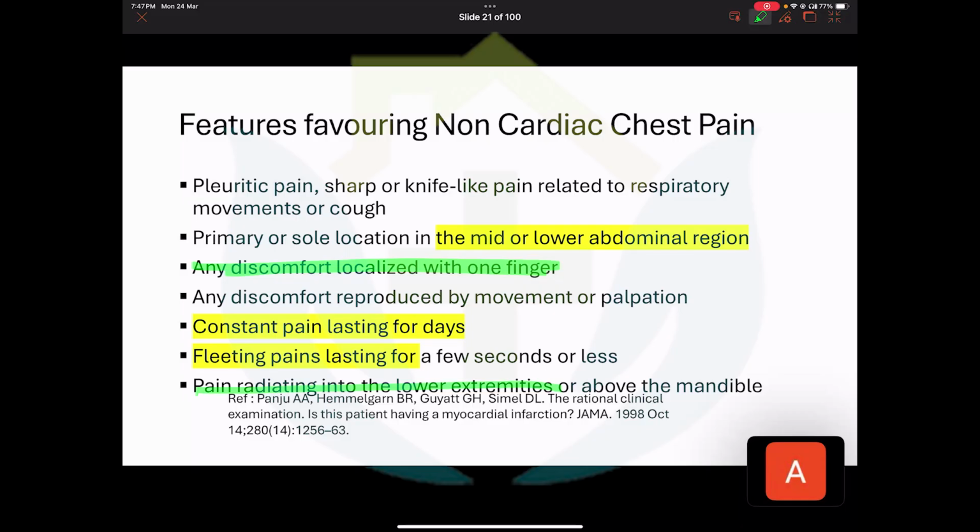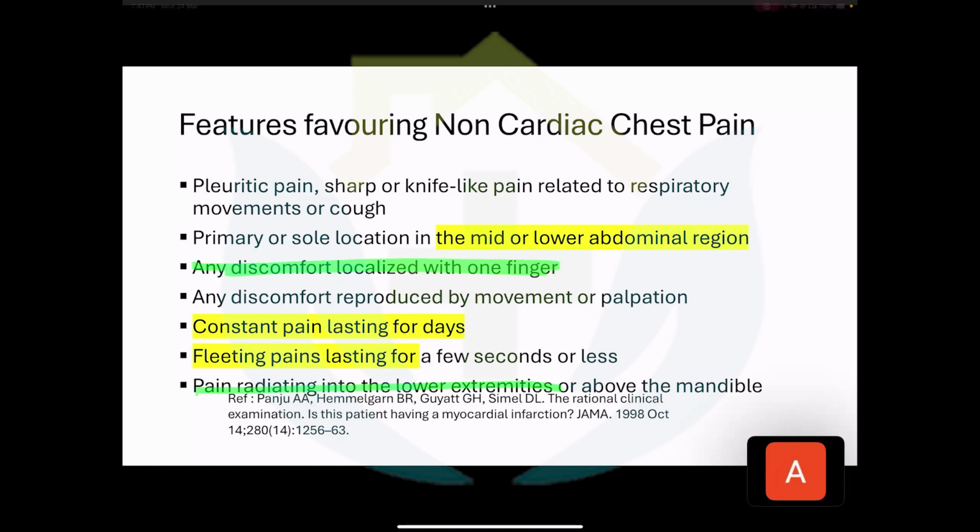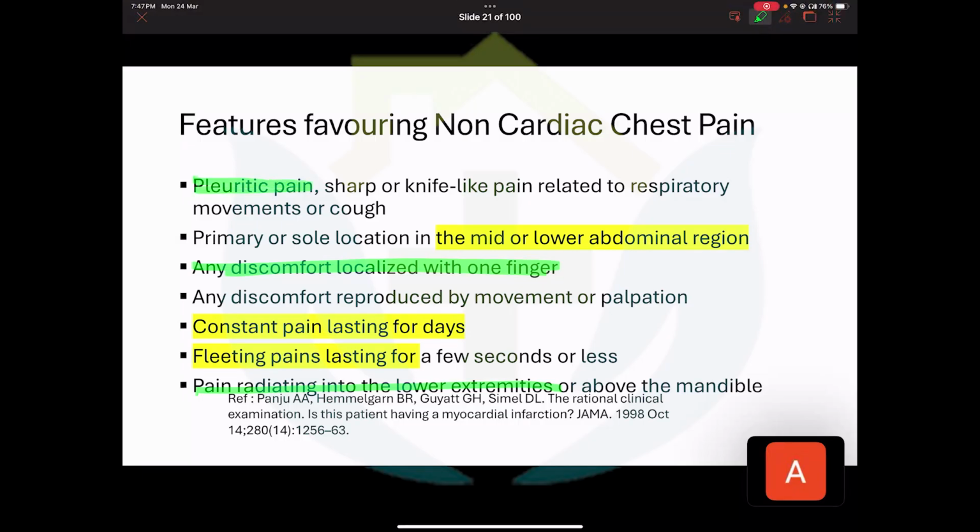Radiation to the jaws and towards the radial part of the upper extremity has low specificity, but definitely a pain towards the lower extremity will not be the pain of this condition. And do rule out pleuritic pain, for whoever is taking the class on pneumonia. This pleuritic chest pain is very commonly asked in EDIC 1. Once again, they will just tell you that the patient has this type of pain and ask what is the most likely cause, and the answer will be pleuritic chest pain.